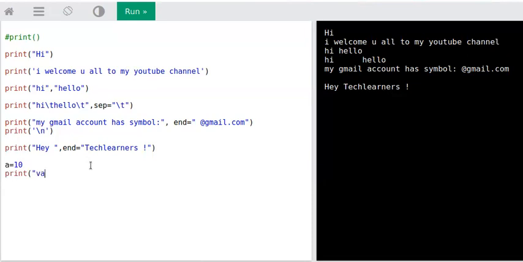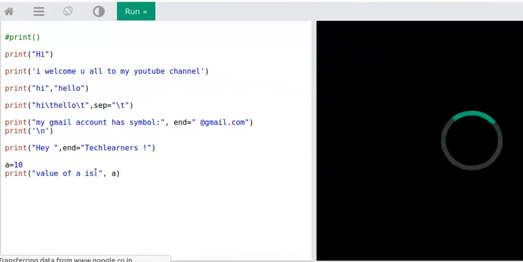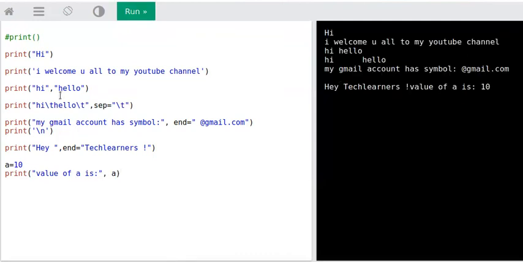Like, value of a is, comma a, and if I give it here, you can pass in that value here, as we have seen. So you're going to get whatever the value is.